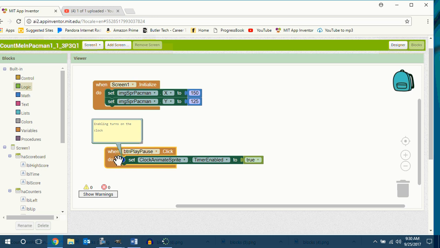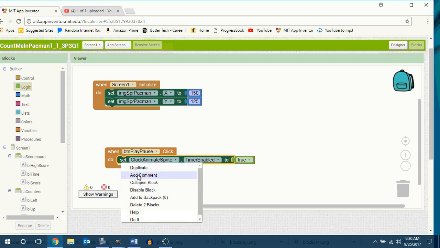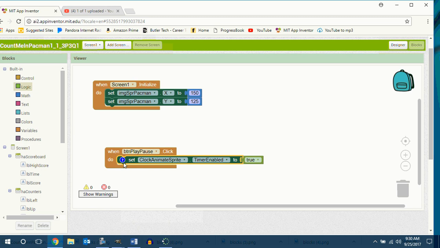So you guys can put this in there, or you don't have to. If you right-click on a block and say add comment, I can right-click and add a comment. Once you get the question mark there, you can click on it, and now you get a little text box, and these are called comment boxes. I can type out my thoughts in this box. You see that? You can right-click on anything. Like up here, I could right-click, add a comment, click on it, and you could write hi, and you could say here,